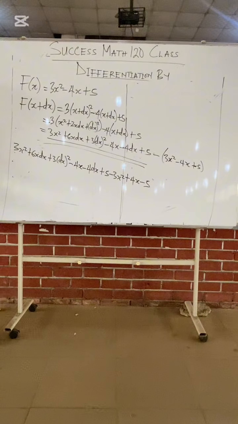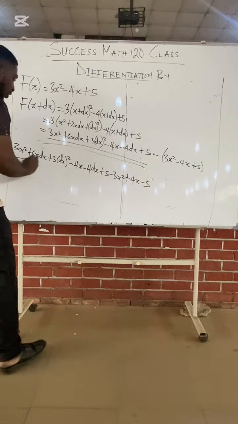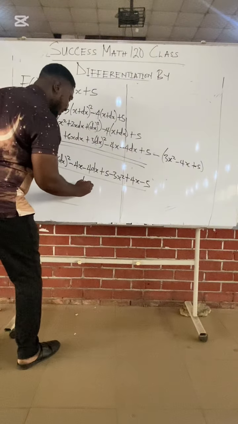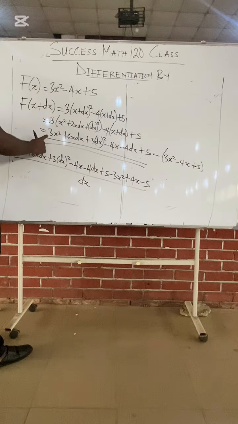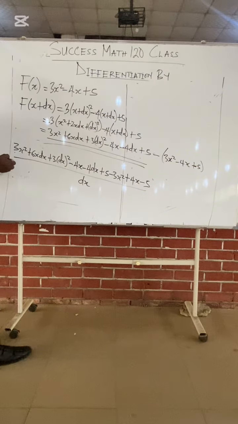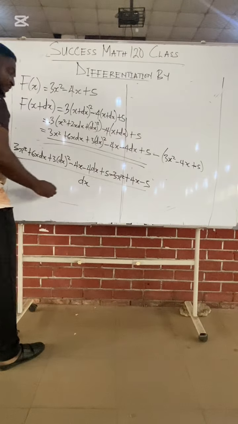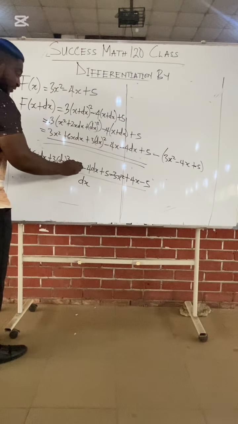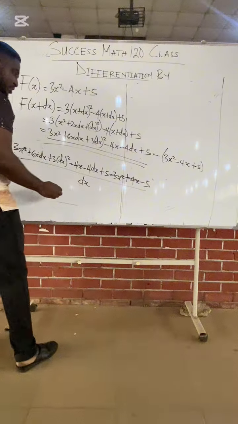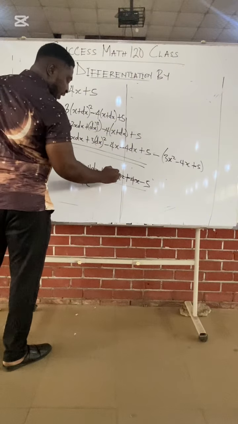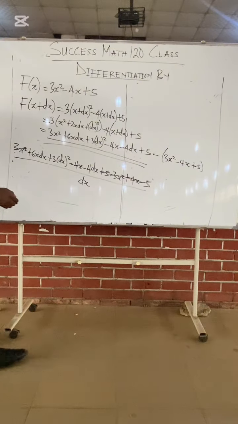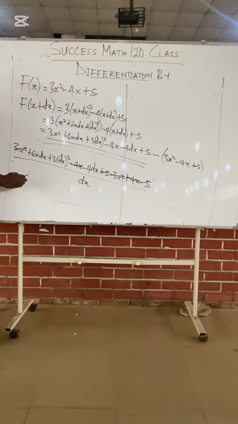Make sure you use minus to open the bracket. Don't forget all over the... formula said f of x plus dx minus f of x, all over the... Class, you see that 3x squared minus 3x squared will give you 0, right? Minus 4x plus 4x cancel each other. Plus 5 minus 5 cancel each other. So who is surviving? 6x dx plus 3 dx all square